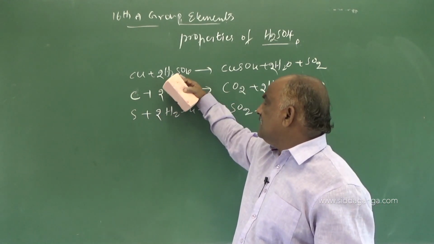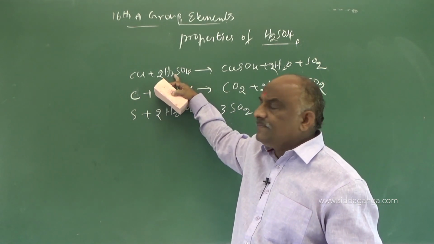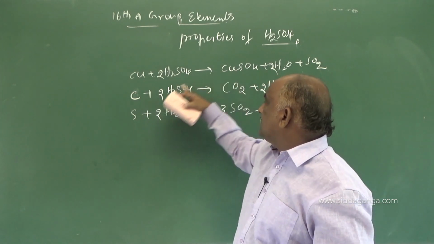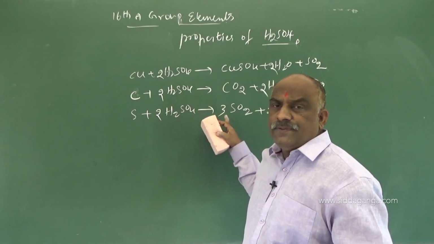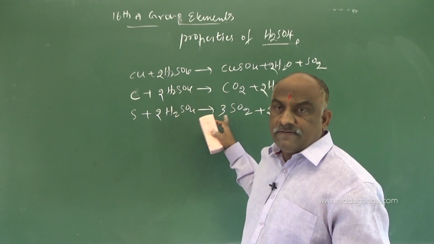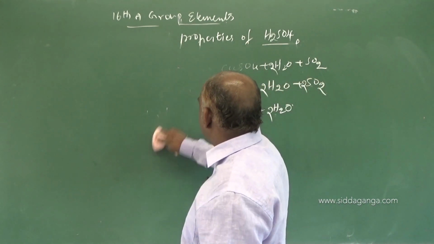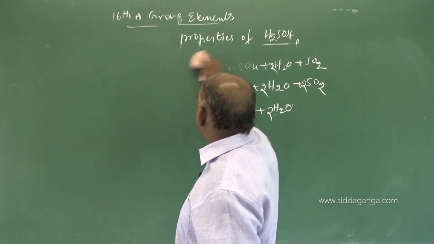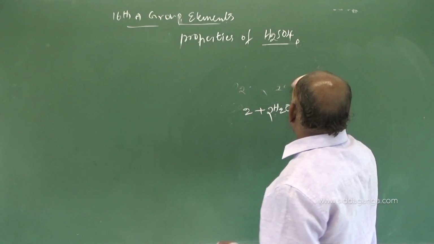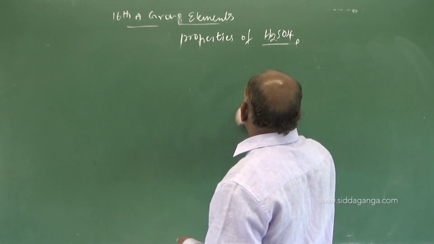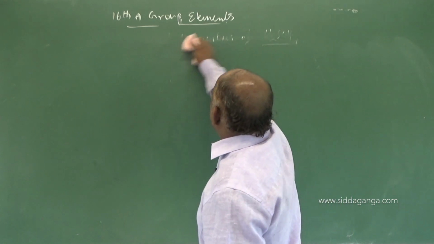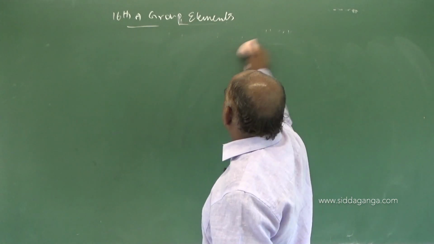These three reactions: hot concentrated sulfuric acid oxidizes copper to copper sulfate, carbon to carbon dioxide, sulfur to sulfur dioxide. Clear it is. So, I hope you understood, and read the text, then you will get an idea about that. Believe the text, definitely you will get good marks for competitive exams, especially from the NEET point of view. All questions compulsorily come from the textbook only.